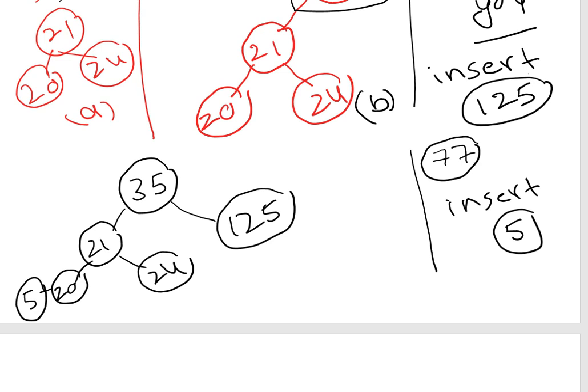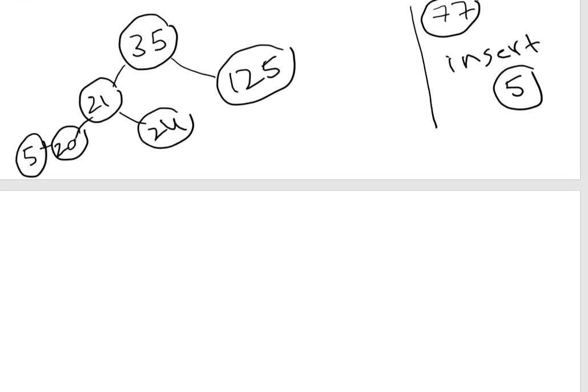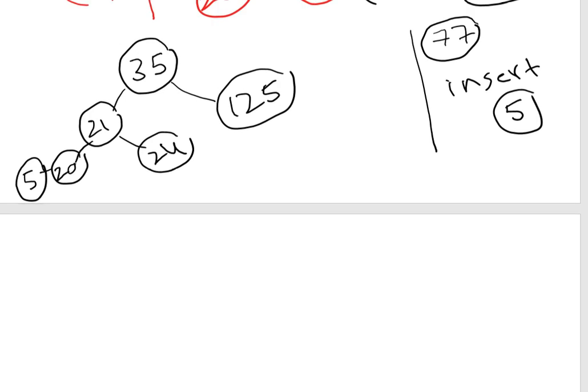Right side of the node. Sir, right side of 24, sir. 20, yeah, 24. Right side of 24. Right side of 20, sir. Or 24 or 20. I want to insert 77 here. Yes, sir. We can insert at 20 or 24. We can insert, sir, on the right side.